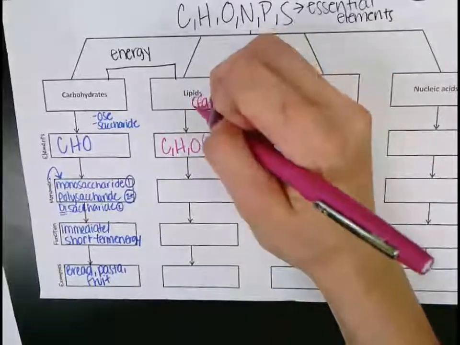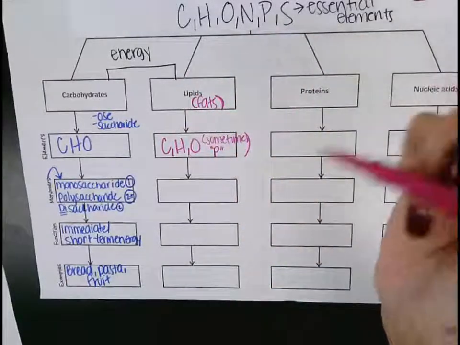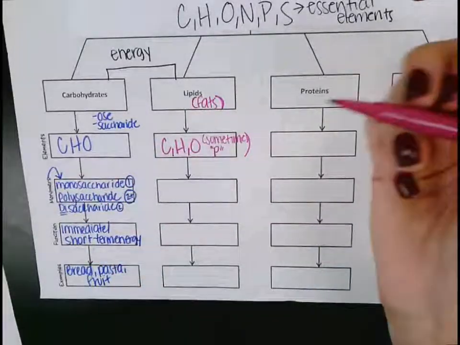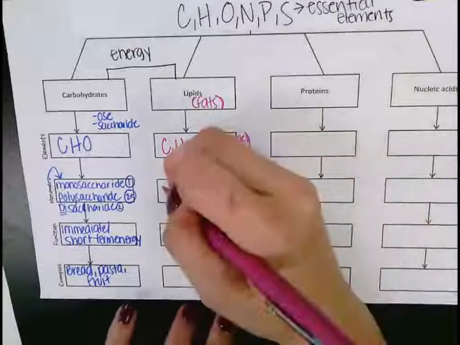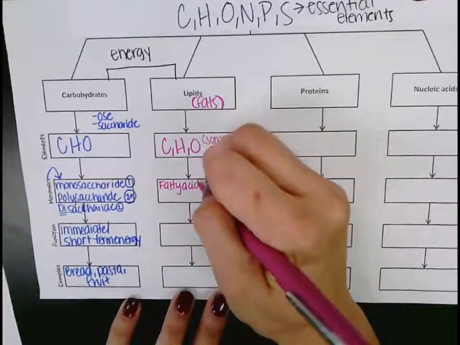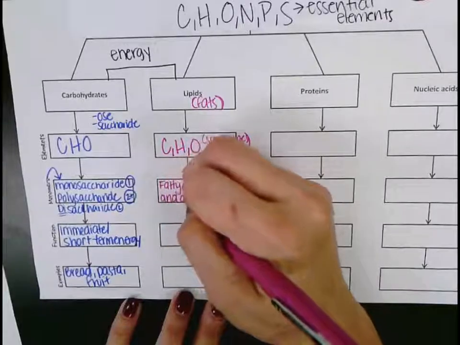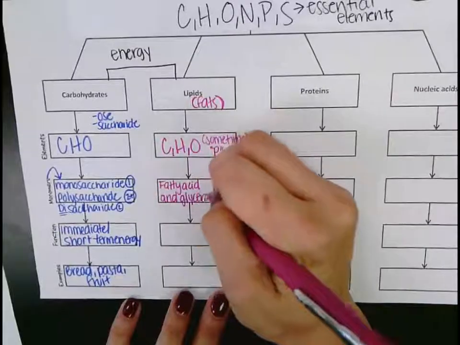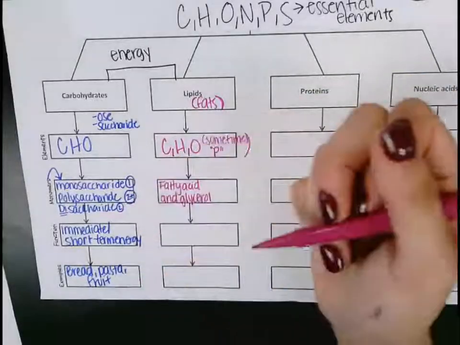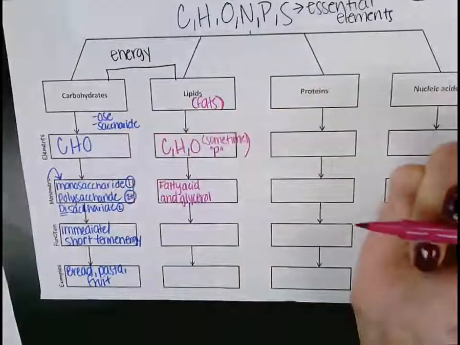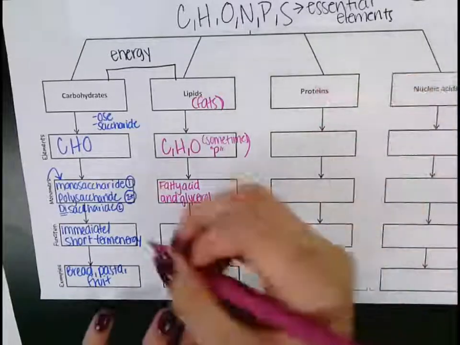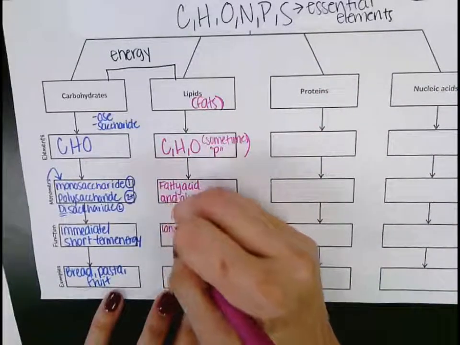So I wish there was an easier way for us to break down what the monomer of a lipid is, much like with carbohydrates. But the monomer of a lipid, you're just going to have to remember, is a fatty acid and glycerol. Multiple fatty acids and glycerol make up a lipid, just like multiple monosaccharides make up a carbohydrate, okay? The function of a lipid is long-term or stored energy,